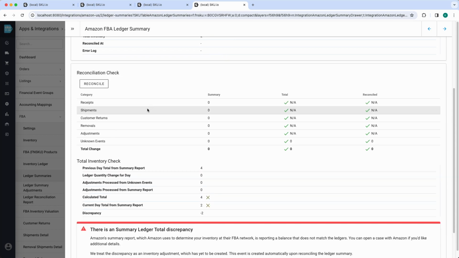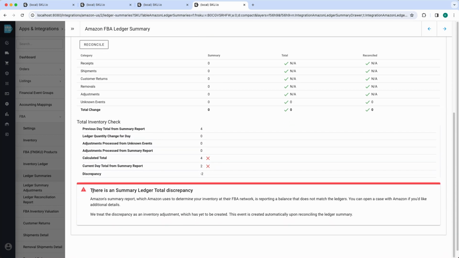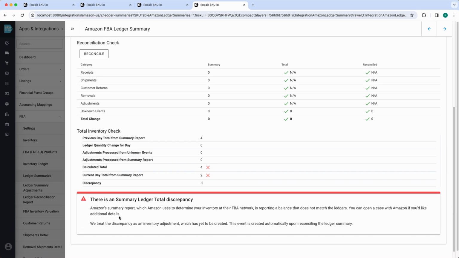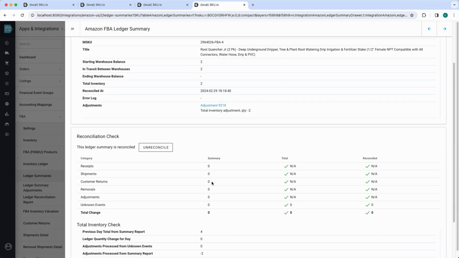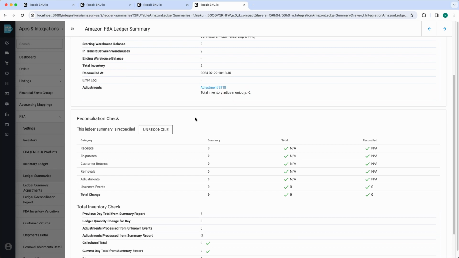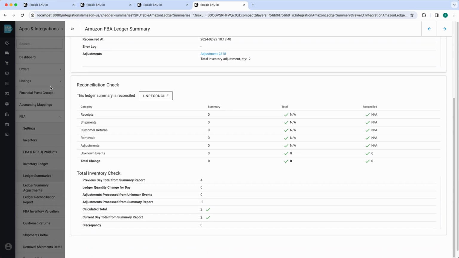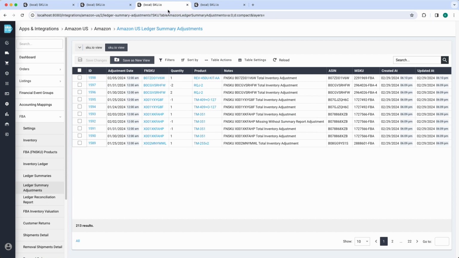Before we have this reconciled, you see it gives a warning. There is a summary ledger total discrepancy, shows the math and the symbols, and says that basically when you reconcile this, we're going to take care of that adjustment automatically. So let's do that again. Just create a new adjustment, and we're good. So that's one type. The other type, if I go back to the summary here,